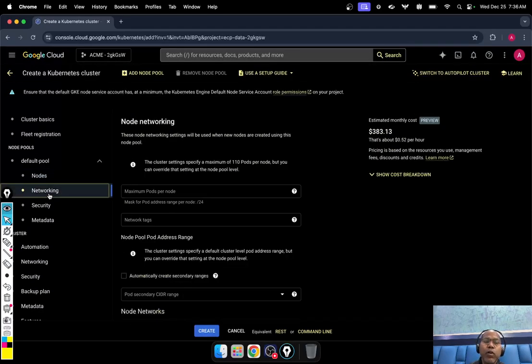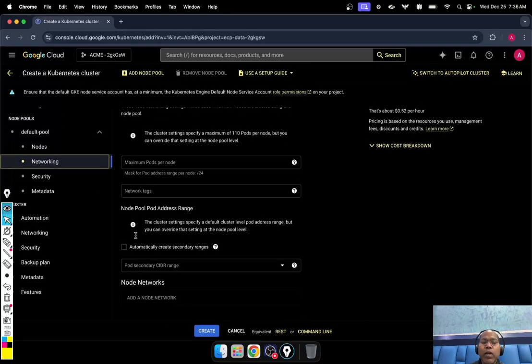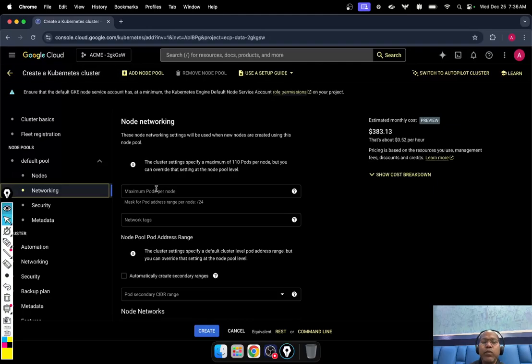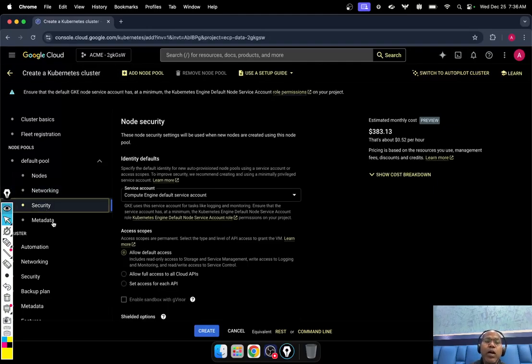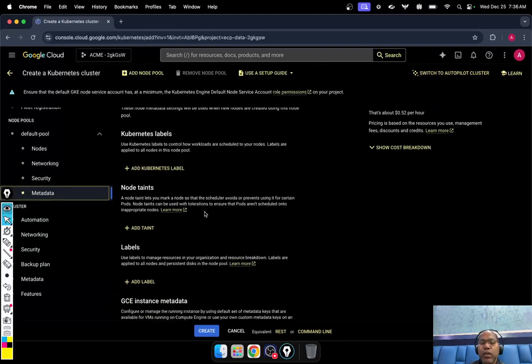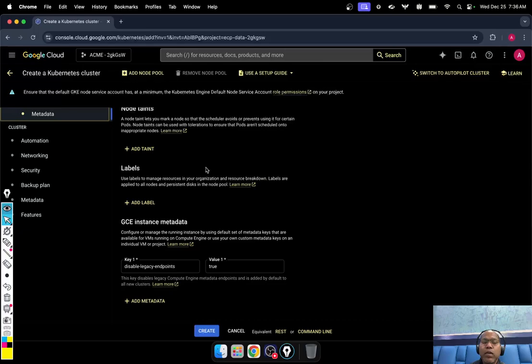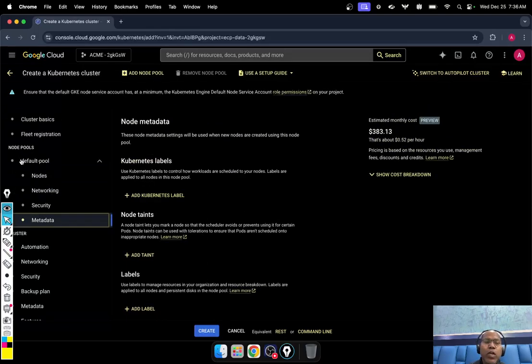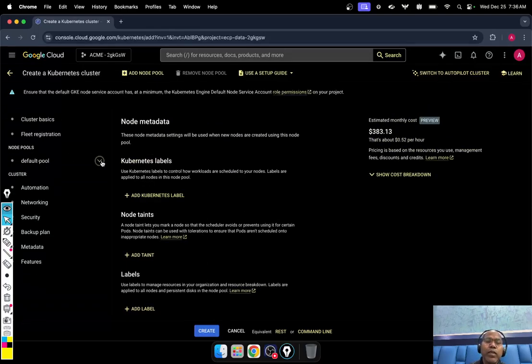Even the networking, if you want a different VPC, a different subnetwork, whatever detail you want, you can specify your networking detail here. And for other security parameters or metadata, maybe on the startup of every node you want to start some script, deploy some packages, deploy some dependencies, you can consider everything here in the metadata part. So you can configure your node pool yourself,